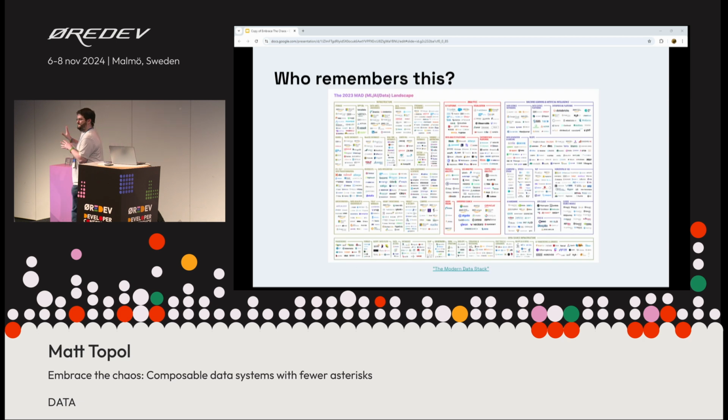Who remembers the modern data stack image thing? I got a couple hands. Yeah, this went around a lot over the last couple of years, showing the modern data stack of all of these bits and pieces.